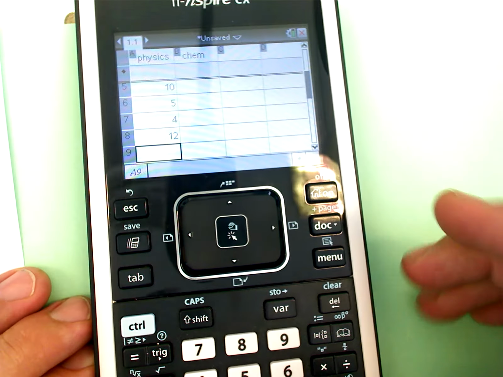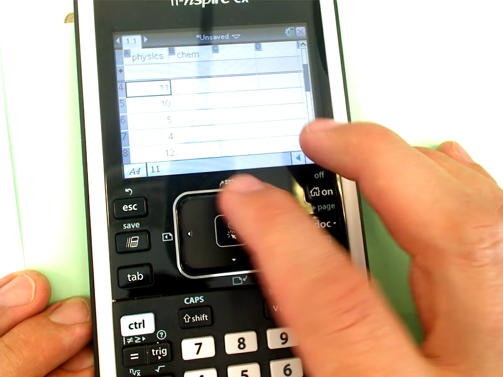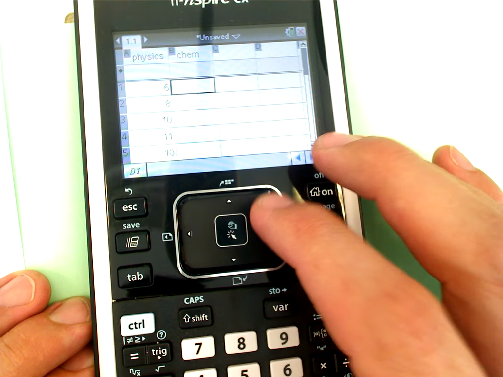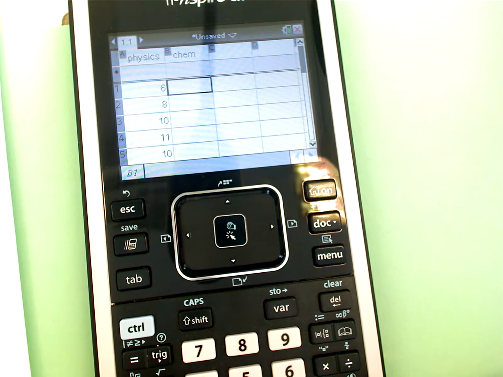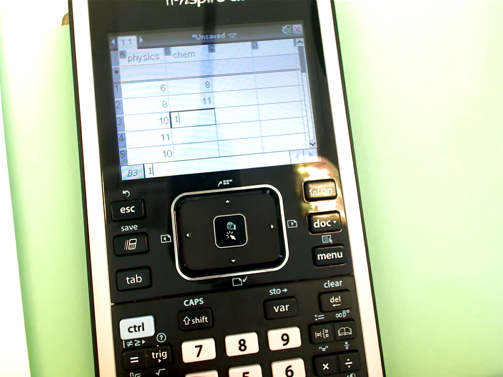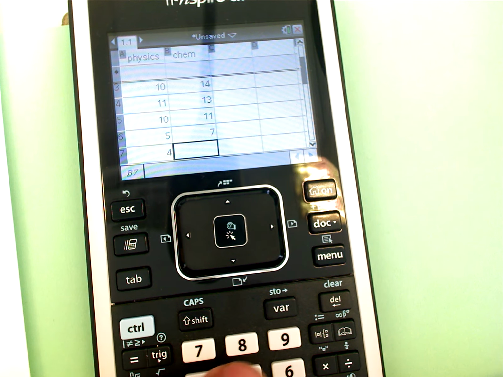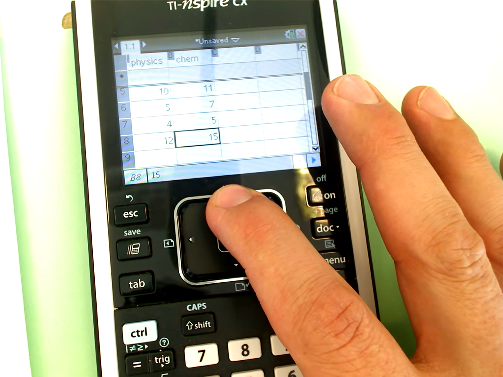And so those are my 8 physics scores, and then I'll go back to the first row and I'll enter the chem scores in the same way. 8, 11, 14, 13, 11, 7, 5, 15. So now that we have all of our data in here,